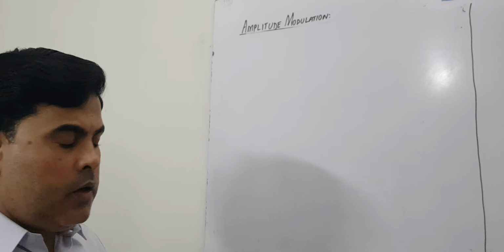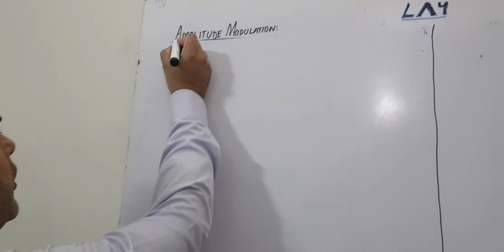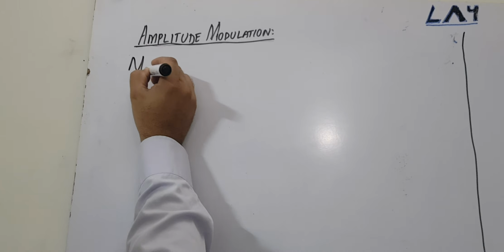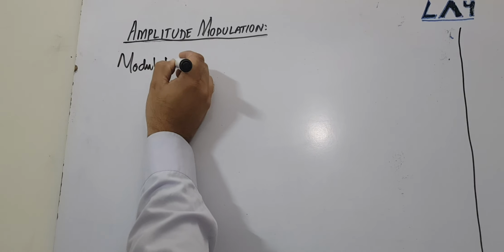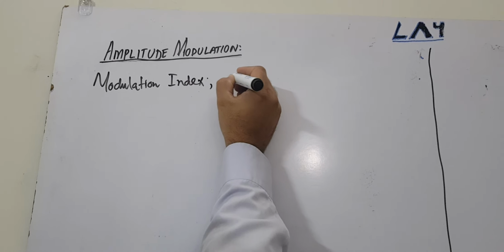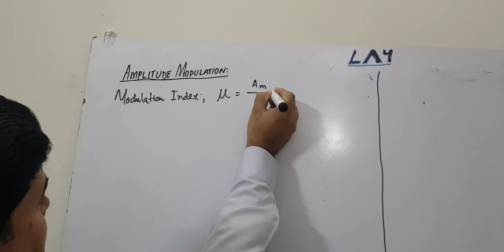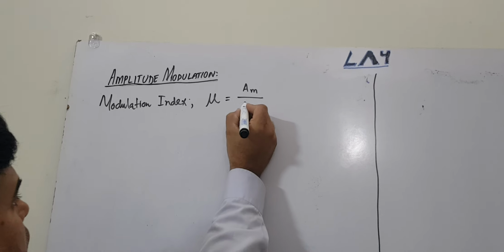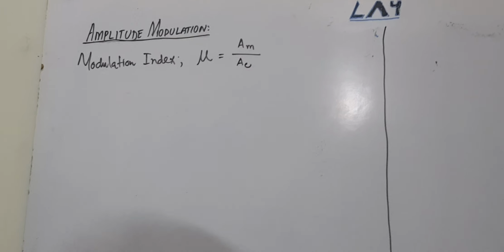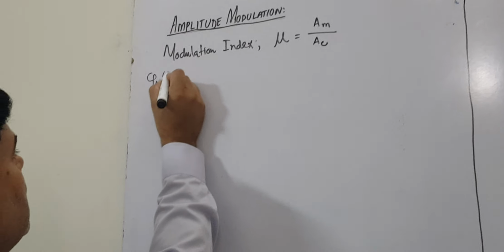In this lecture, we are going to give you more detail about the other procedures of amplitude modulation, like the modulation index that we have already defined in our previous video. So modulation index is basically the ratio of the amplitude of the modulating signal to the amplitude of the carrier signal. We have already calculated the amplitude modulated signal AM